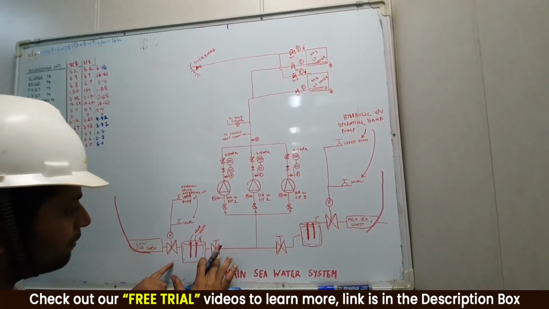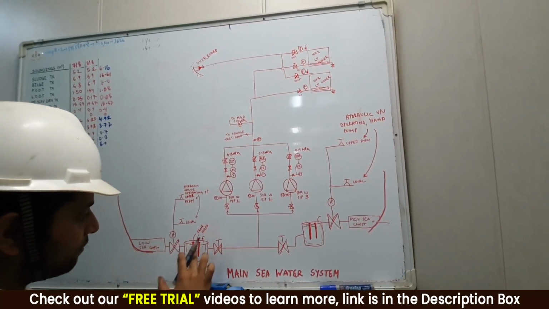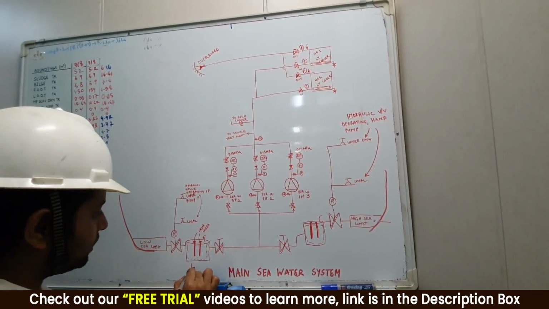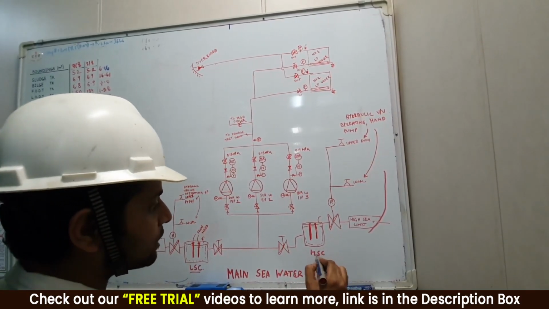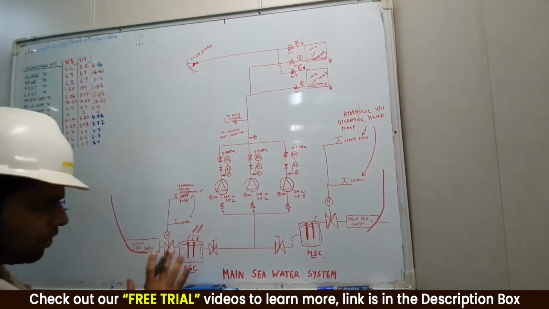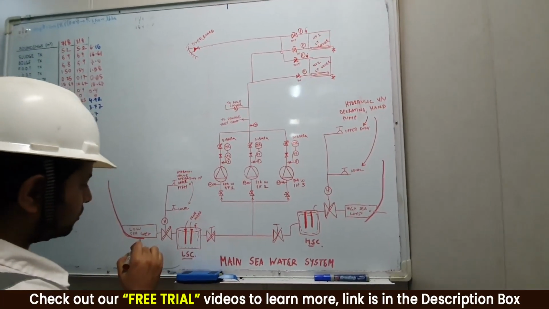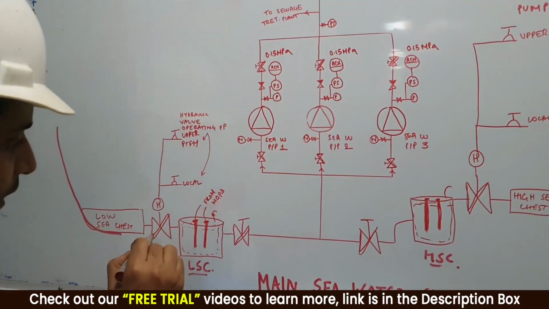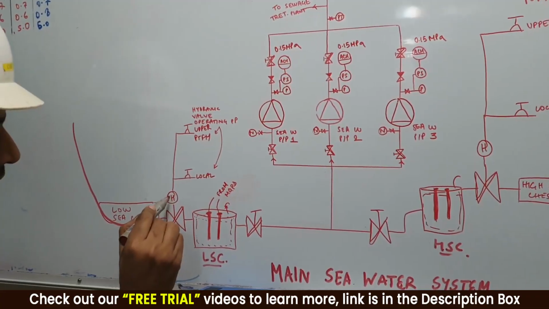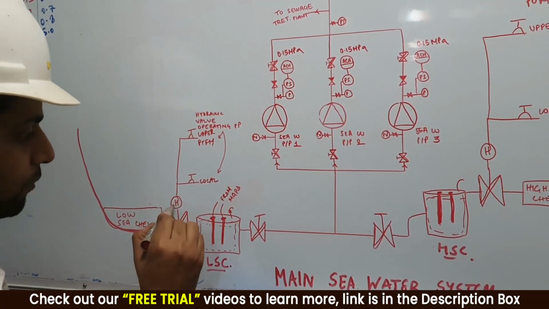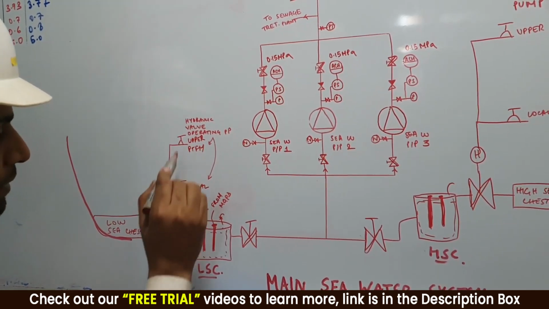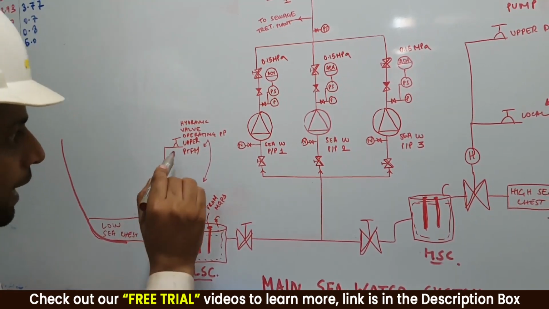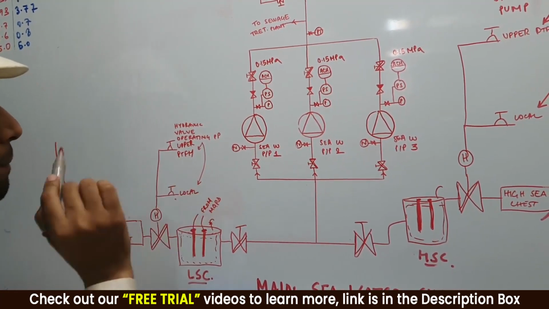Now I have got two big valves fitted over here with a filter in between. This is the low sea chest filter, okay? This is the high sea chest filter. Let me concentrate on the low sea chest filter right now. Guys, on the low sea chest filter there is this valve fitted, and you see this is a hydraulic valve. It is marked H over here. This hydraulic valve can be operated from two different places: locally near the valve, and from the upper platform as well.